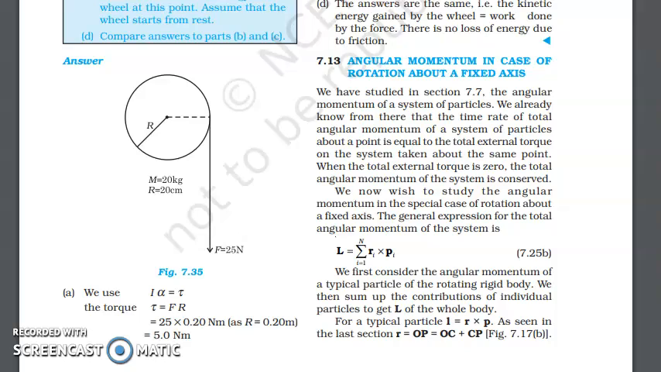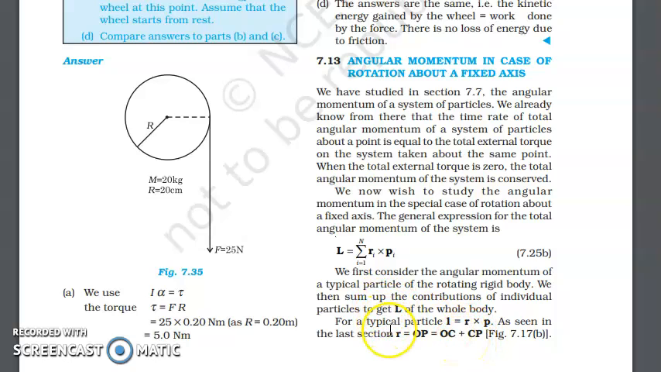If we go for a system of particles, then we take the vector sum of all the angular momenta of individual particles, that will be given by L is equal to summation i equal to 1 to n, r_i cross p_i. Now for a typical particle, L is equal to r cross p. In the last section, in yesterday's video,